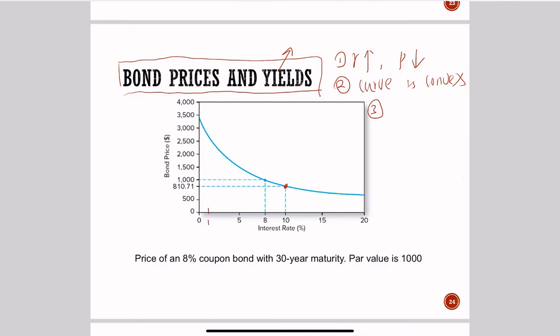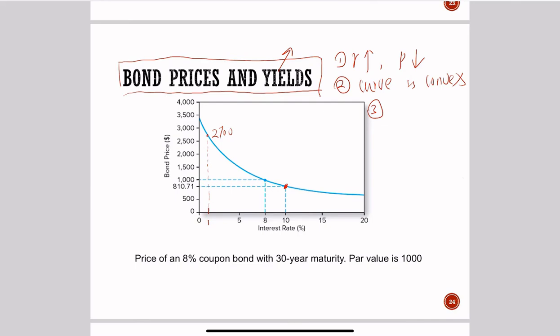At interest rate of 10, the bond price is $810. And at the interest rate of 1, the bond price is about, I would say, $2,700. Now you can see that depending on the interest rate,